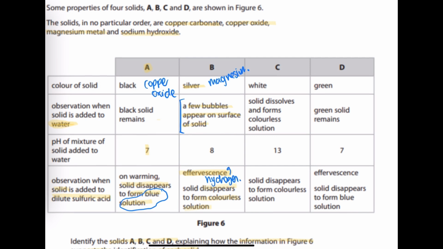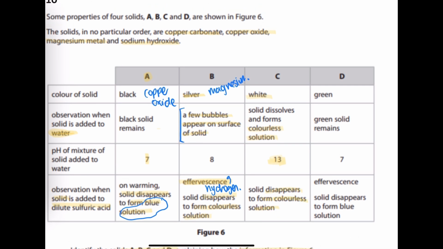So C, we know that it is a white solid, that the solid dissolves and forms a colorless solution when it's in water, has a pH of 13, so it's an alkali, and we know observation when solid is added to dilute sulfuric acid, it disappears and forms colorless solution. So the thing that's going to make us know is that it is an alkali, and the only alkali that we have over here is sodium hydroxide. Because of this hydroxide over here, which is the OH minus, we know that this is an alkali,